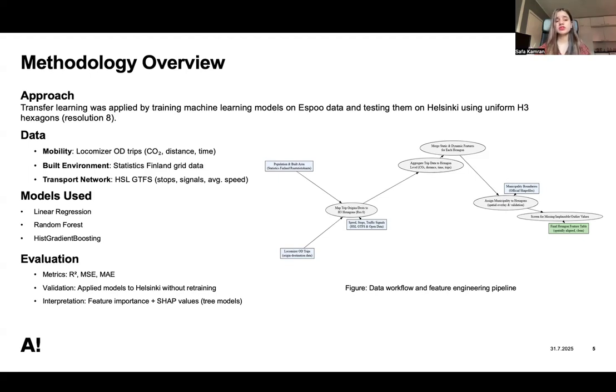For the data, we used Locomizer mobility OD pairs having CO2 emissions, distance, and time. For the built environment, Statistics Finland grid data, where we get the population data and similar information. And for the transport network, HSL GTFS, from which we get the stops, signals, average speed, etc. For the evaluation, we use metrics like R2, MSE, MAE. And for validation, we applied models to Helsinki without retraining,